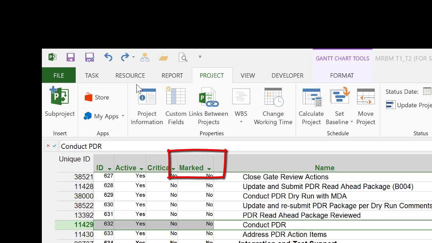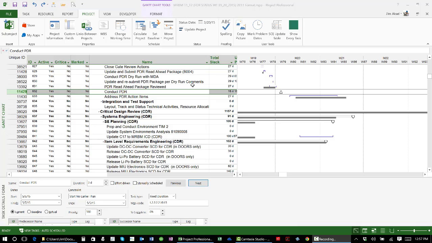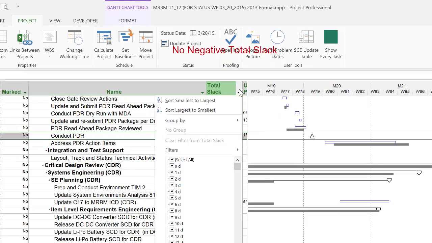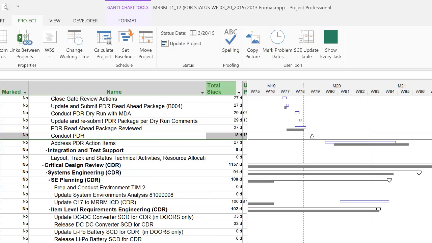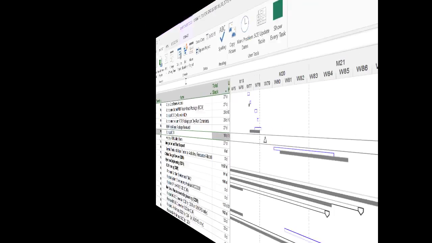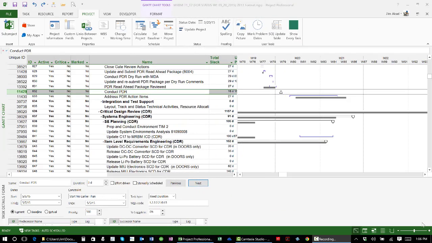Flag fields and the marked field are the easiest answer. Here's how. First, we assume there's proper schedule logic and that there is no negative total slack. We can actually work around the negative total slack, but that's a more advanced analysis that I'm not going to cover here. Insert a flag field or the marked field and make sure that it is cleared of all contents